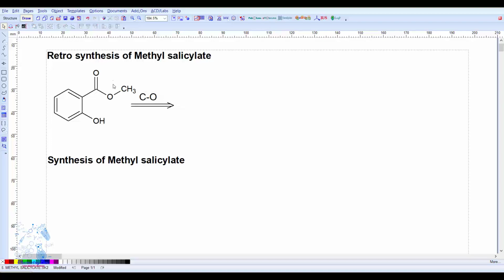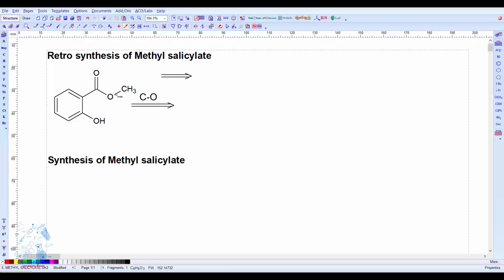When you draw the C-O bond disconnection, that is very fruitful to you because we have to cut this bond from this position. I will show you in a clear manner so it's very easy for you to understand. We select this bond, and I will change the color of that bond. So we can cut between this bond. When we cut this bond, we get the salicylic acid. So we draw the structure of salicylic acid.